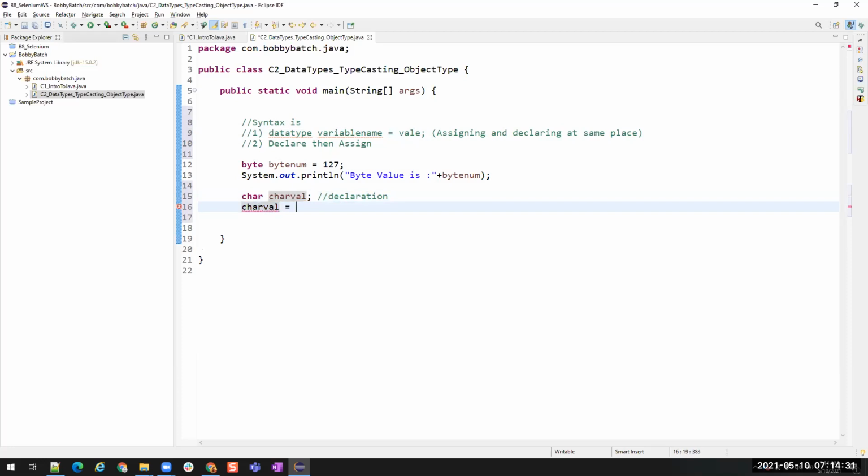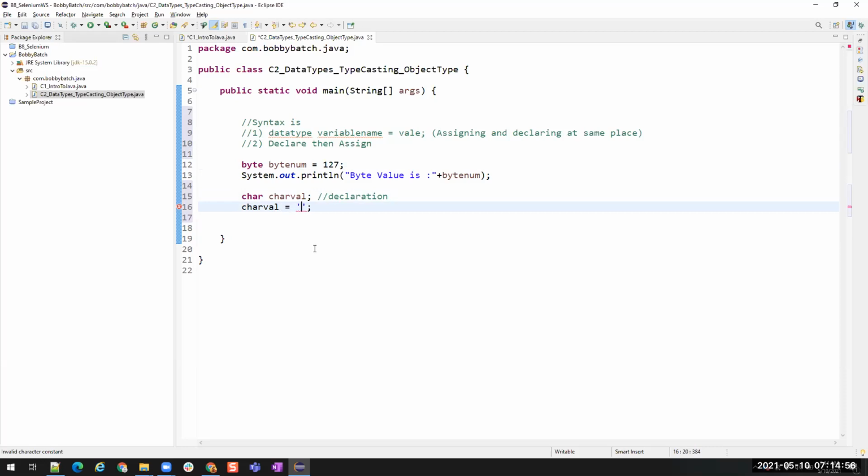Char value equals to. To assign a value to char, it should be in single quotes. To represent a char, you should write the character inside single quotes. For numerics, there is no need to use quotes, single or double. But for a char value, you should mandatorily use single quotes.